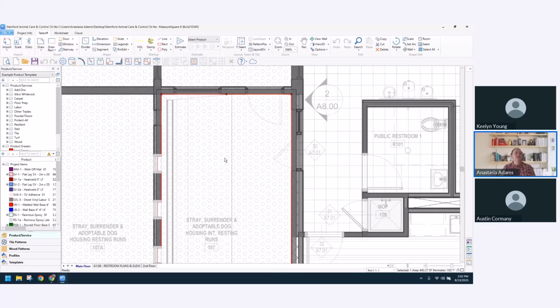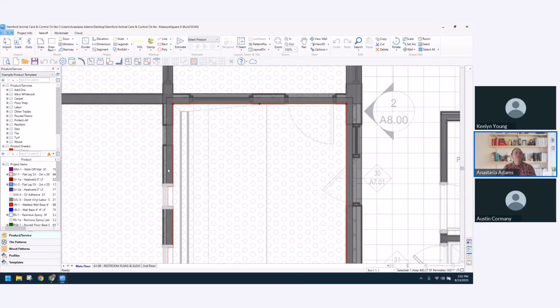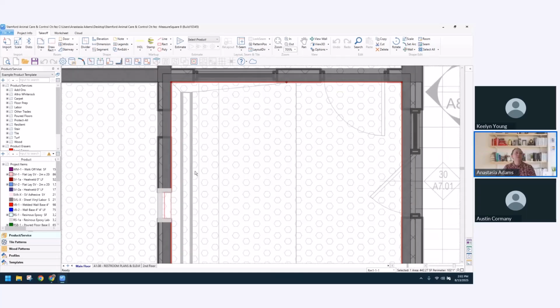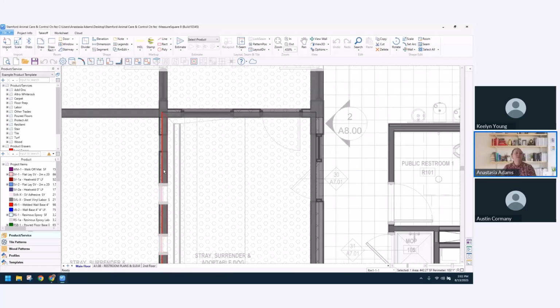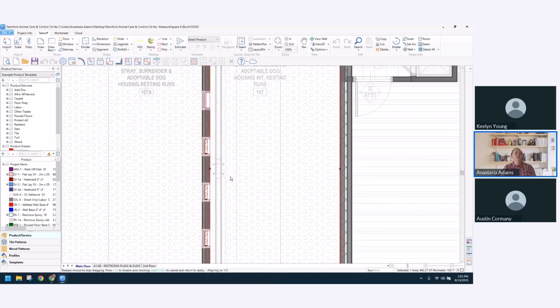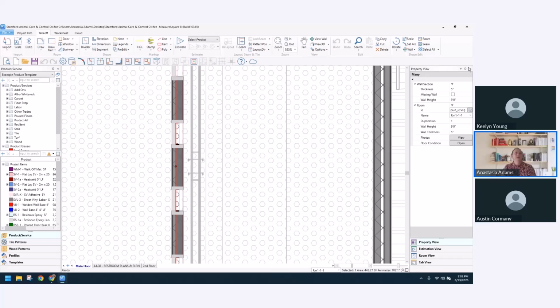First things first, if you have a known wall thickness, you can simply zoom in nice and tight, select the room, zoom in nice and tight, and select the actual wall section itself. Again, this will move the handle from the floor wall line to the exterior of the wall section. Then open the property view and change the wall thickness. Globally, for the entire room, assuming that all walls are the same, I can change it here in the room section. But given that I'm only working on one wall, I'm going to go to the wall section,